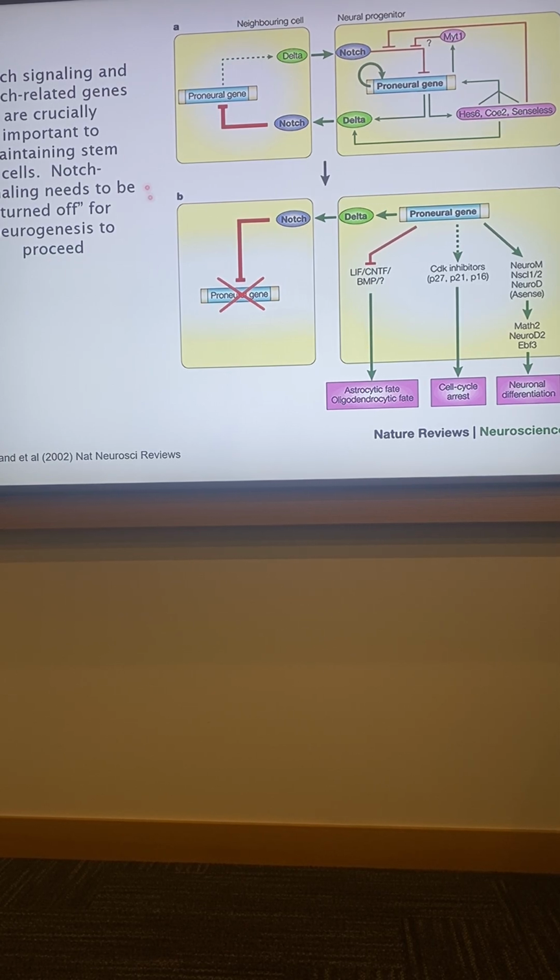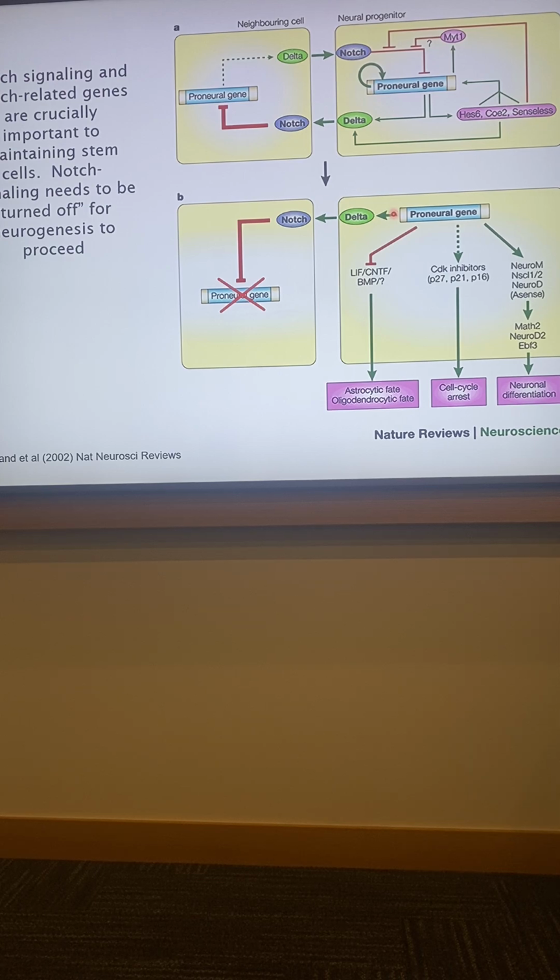So the key factor involved here is Notch signaling, and the ligand Delta is actually embedded in the plasma membrane. There are secreted Notch ligands, but they basically don't do very much, because it's this physical interaction that causes a stretching of the Notch receptor, and stretching of this Notch receptor allows it to be proteolytically cleaved and liberate an intracellular domain to elicit cell signaling. But basically what happens is early in development, all of these progenitors have this Delta-Notch signaling, keeping themselves